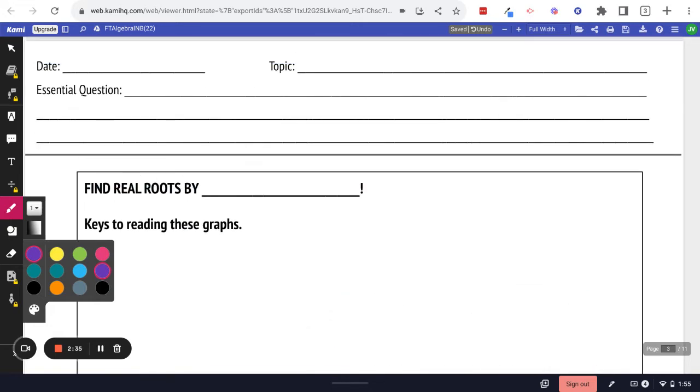We've got our topic and our essential question. Our topic is roots from graphs. And our essential question is,